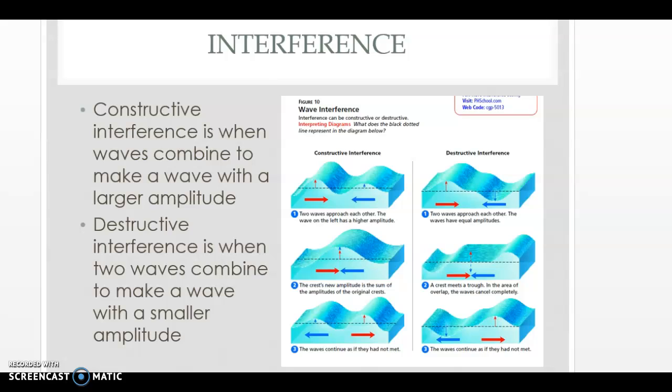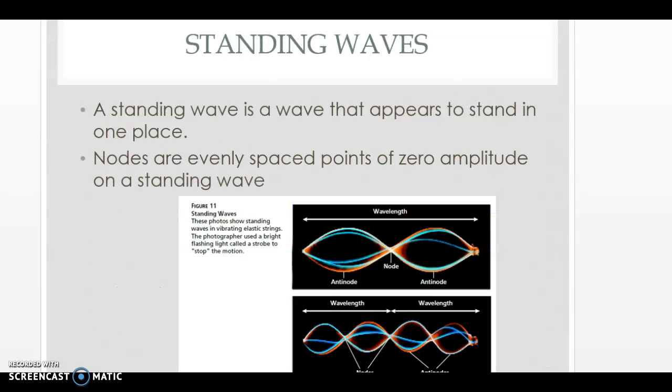They can either be constructive, building each other up, or destructive, kind of canceling each other out. So they're going to have a smaller amplitude if they're destructive. They're going to have a larger amplitude if they are constructive. And that's when two waves basically meet, coming from two different directions. Okay, so this would be a type of